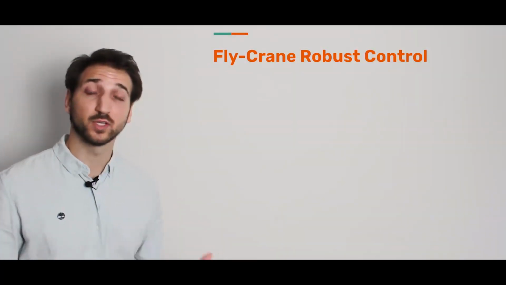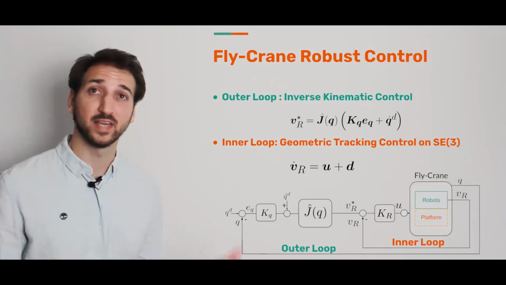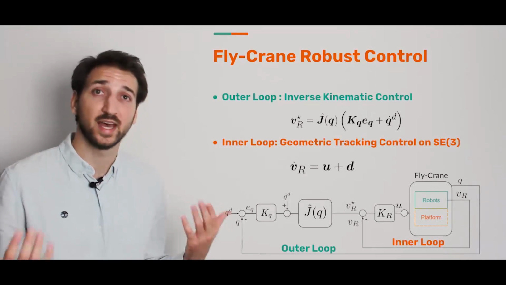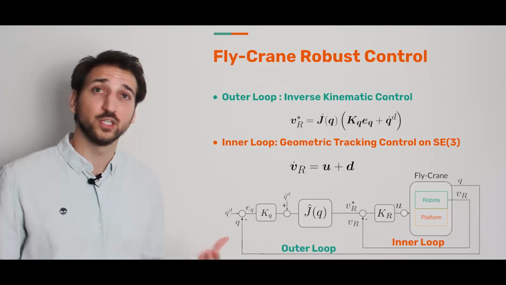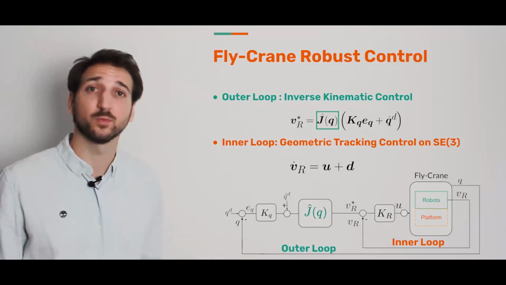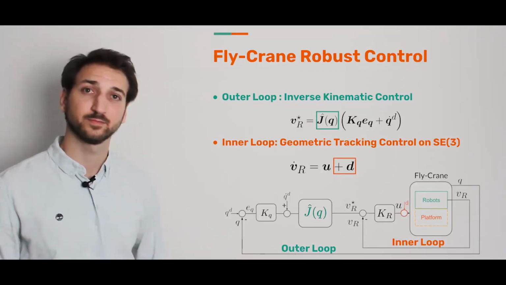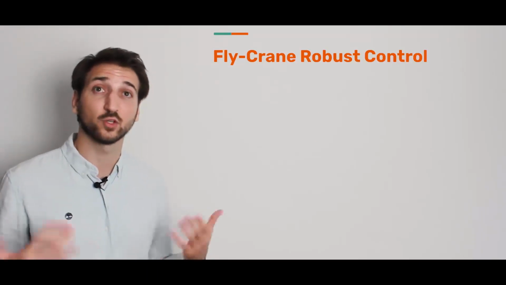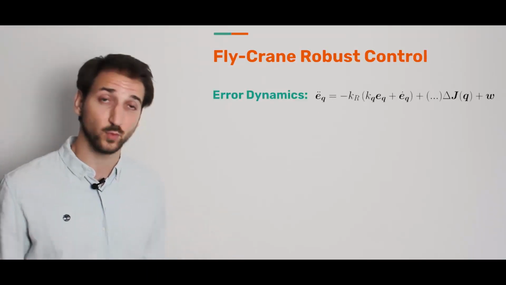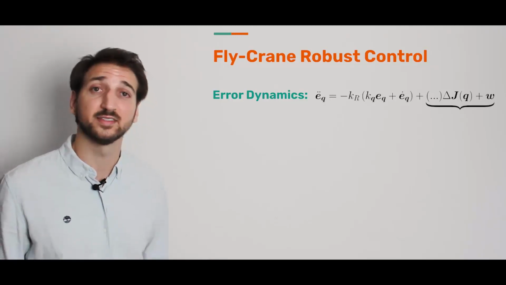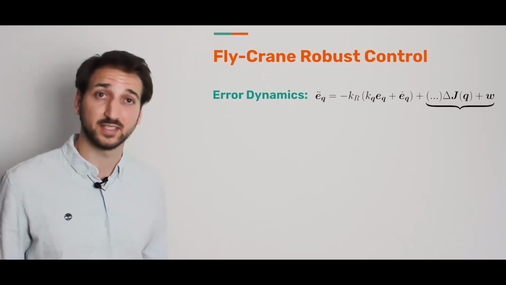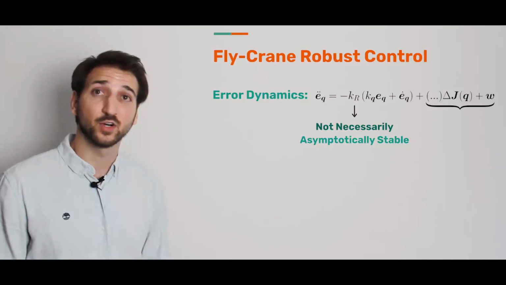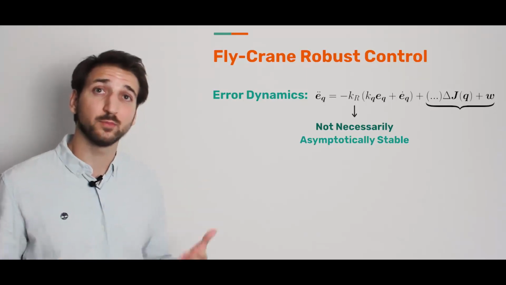Summarizing and going back to the controller schematic, we can replace the equations with the new ones in which we have the new Jacobian form J Q hat and the actuation disturbances D. And going back again to the error dynamics and considering all the uncertainties in its equation, this time there is no guarantee that the dynamical system is asymptotically stable. And you may observe that our two new terms came into being.